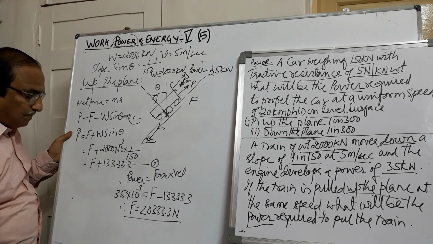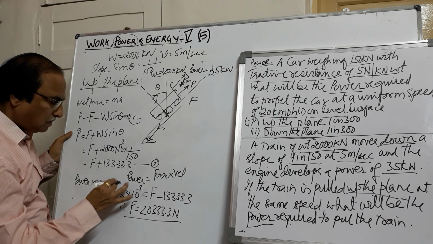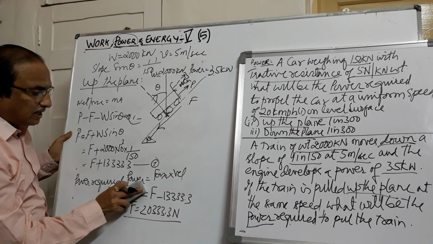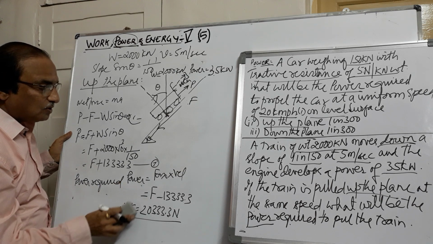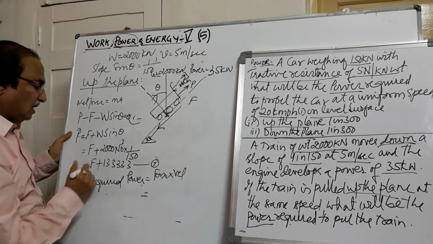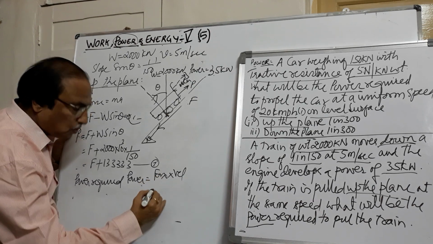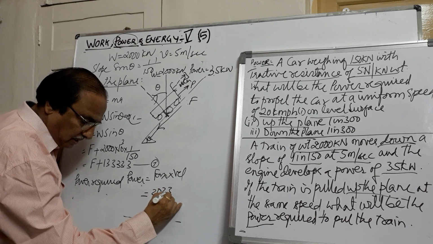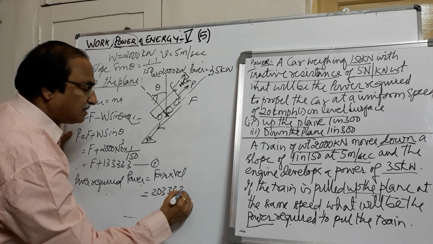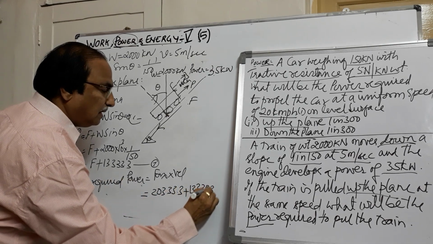Now here again the power that is required, here we have seen. So we will see what is the power required, is equal to force into velocity. Power is to be found out here, and we know the value of F here. So this will be equal to F is 2033.3 plus this value 13333.3